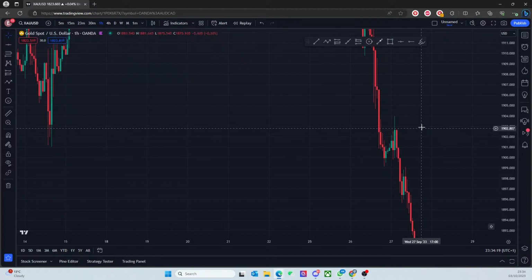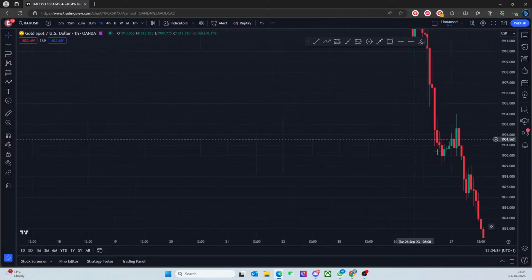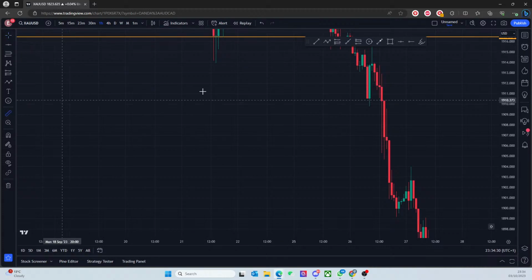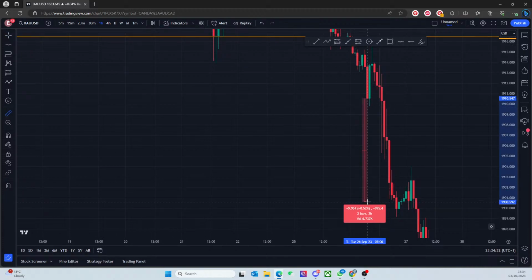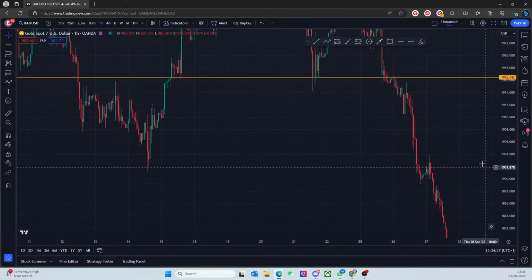You may have had a position here, but at the same time, this also closed respecting, right? And here, I would say yes, you've come down and then you started coming up, so you might have caught this. But this entire move, just between here and here, if you took the breakout to come down to retest these lows, that's 80 pips. So when you say it's not true, yeah, sure. Technically, on the lower time frame, depending on how low you go, you'll have fake outs and liquidity grabs. But if you look at the general structure, if you didn't take a breakout here, you would have missed out on 80 odd pips, right? So it's just knowing when to use it.